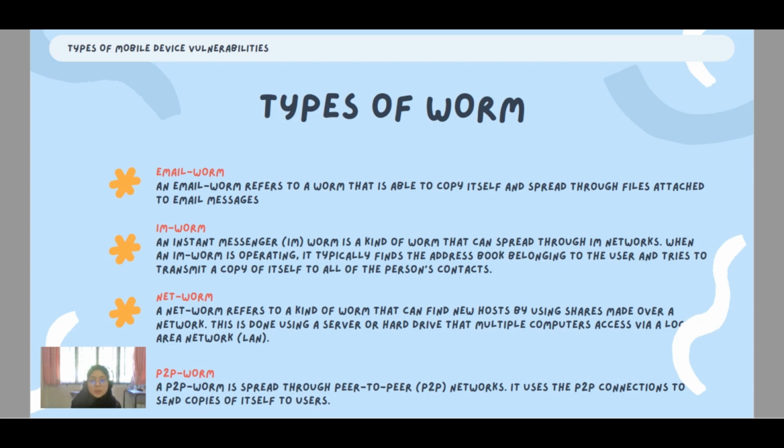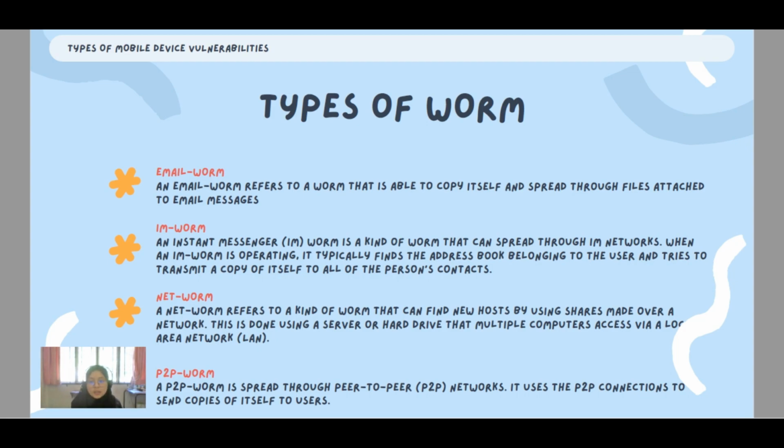Email worm refers to a worm that is able to copy itself and spread through files attached to email. Next is the IM worm, where IM is instant messenger. An IM worm is a kind of worm that can spread through IM networks. When an IM worm is operating, it typically finds the address book belonging to the user and tries to transmit a copy of itself to all the person's